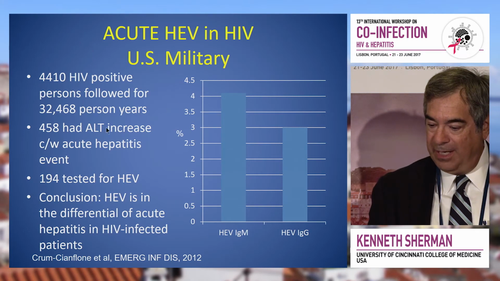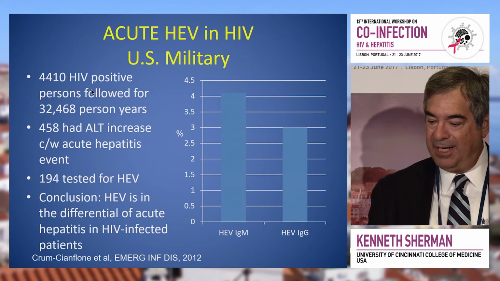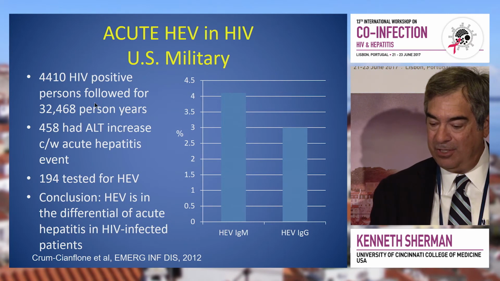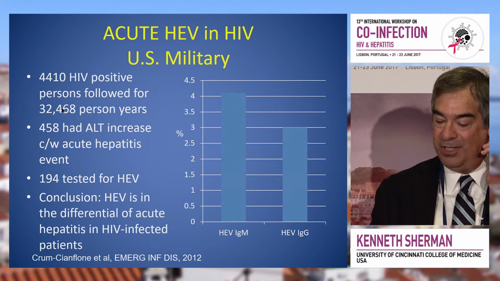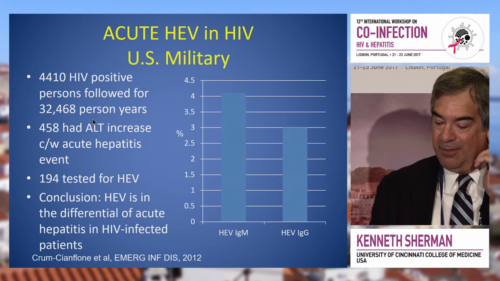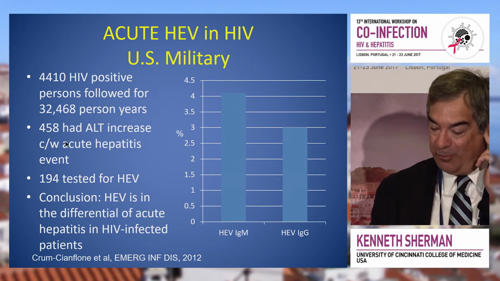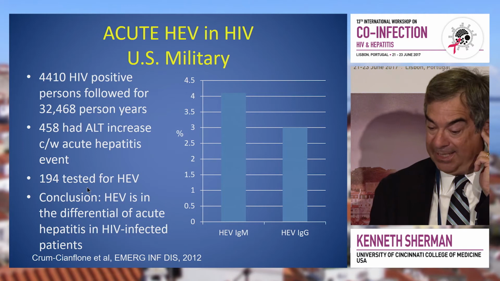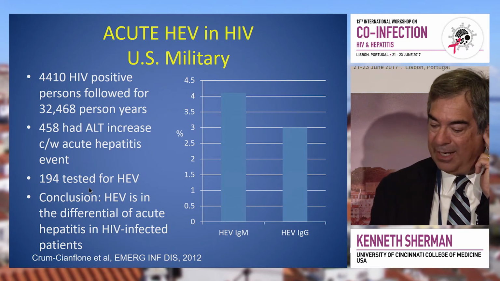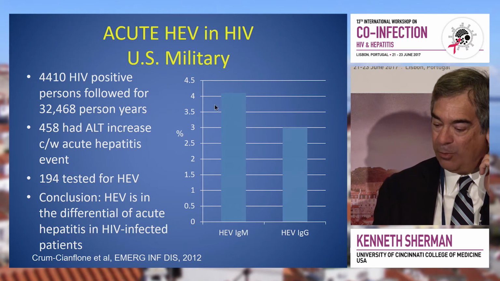This is one of the 2 studies. It was a study in the U.S. military, again, just for illustrating this question. They started with 4,410 HIV-positive persons, followed for many years, but they focused on 458 who had an ALT increase consistent with an acute hepatitis event. Of those, they randomly selected 194, and they did find evidence of acute infection in 4% during the follow-up period,